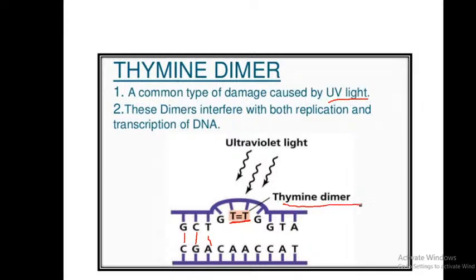Thymine dimer or pyrimidine dimerization. Thymine dimer, and as a result of this thymine dimer formation, it is clear, UV rays come, and anywhere in the DNA sequence